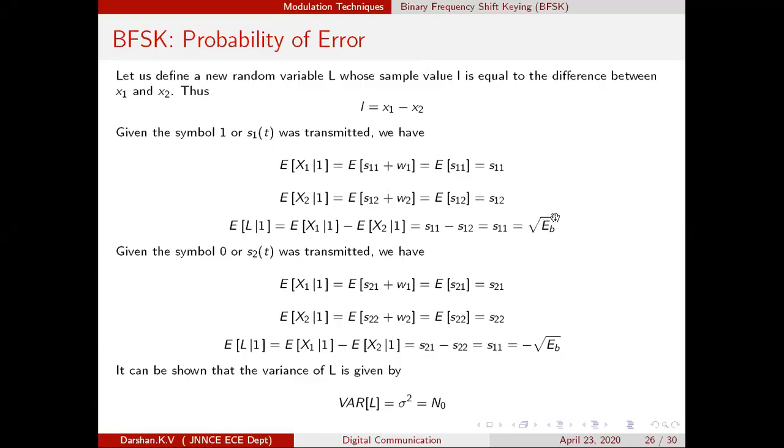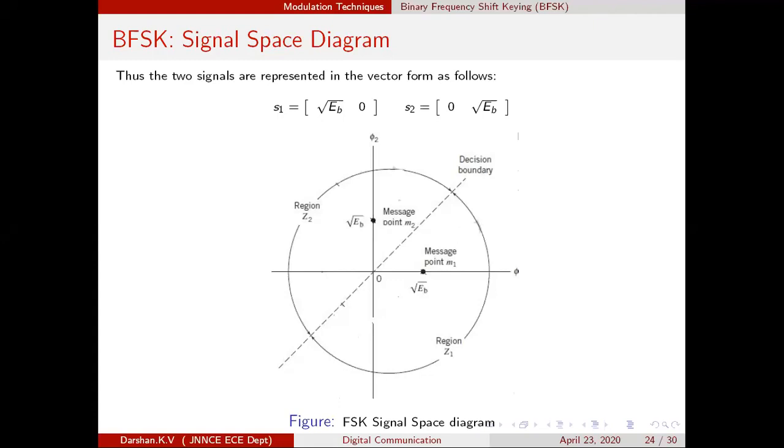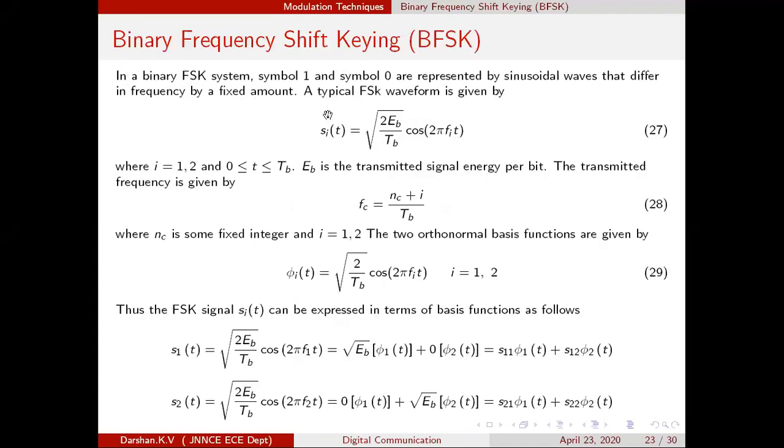Okay, so we were discussing the binary frequency shift keying technique, wherein we are going to transmit two symbols, that is symbol 1 and symbol 0. So each symbol is associated with a particular signal. Say for example, symbol 1 is associated with S1 of t carrying the frequency F1. Symbol 0 is represented as S2 of t. What is the frequency? The frequency is F2.